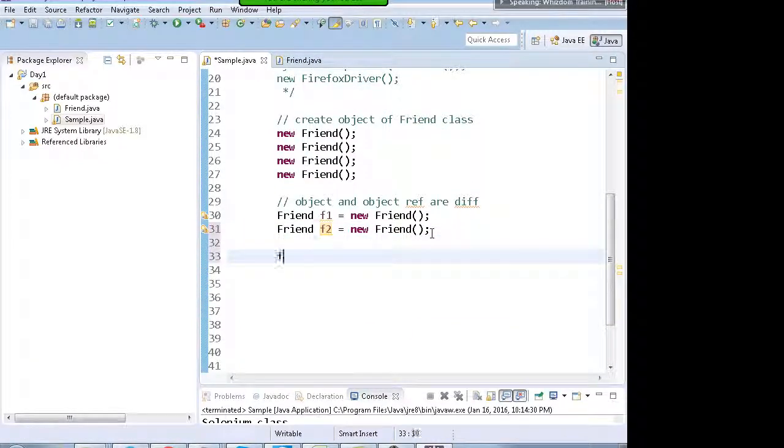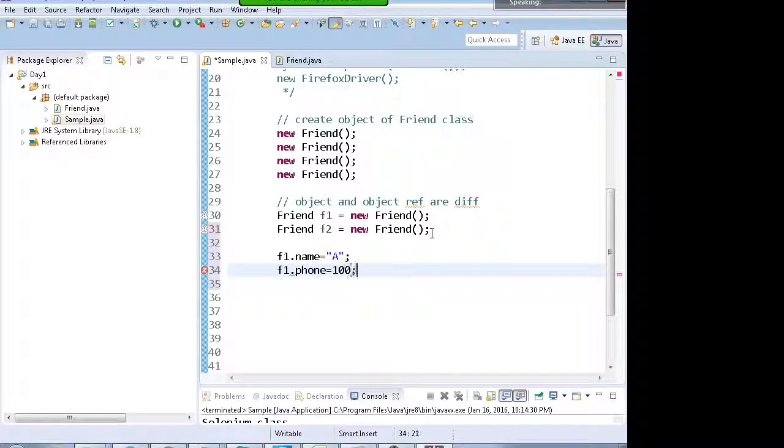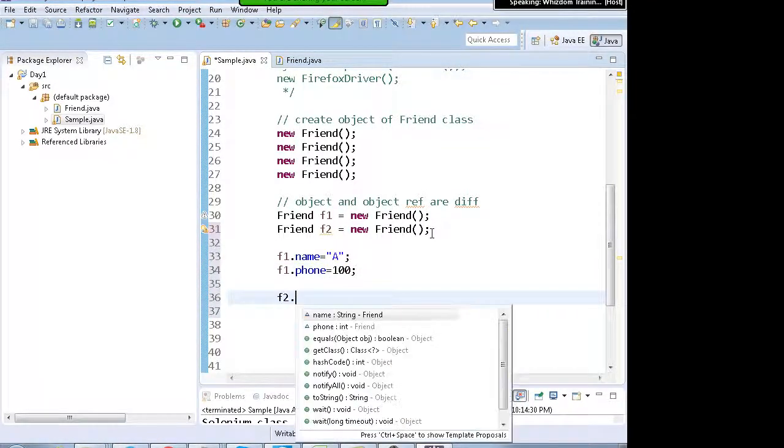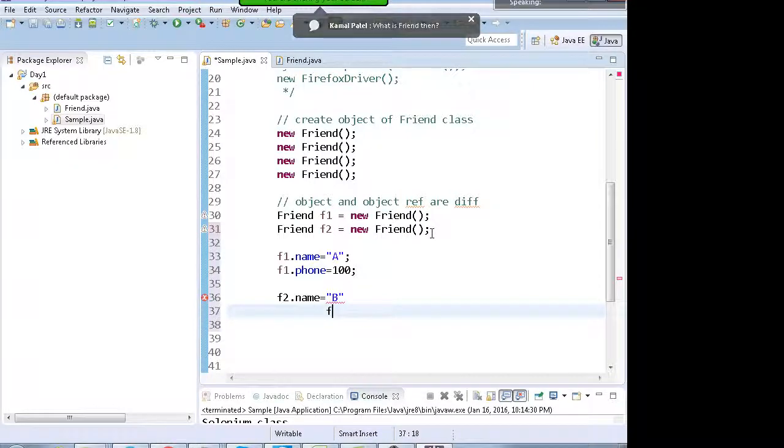For example, I can write f1 dot name is a, f1 dot phone is 100, f2 dot name is b, and f2 dot phone is 200.